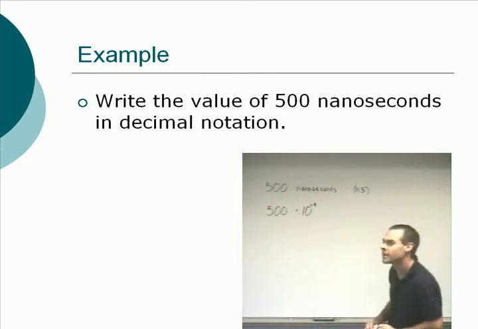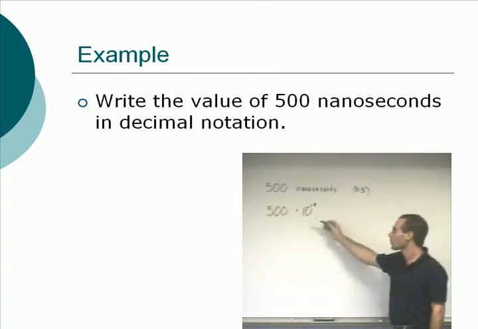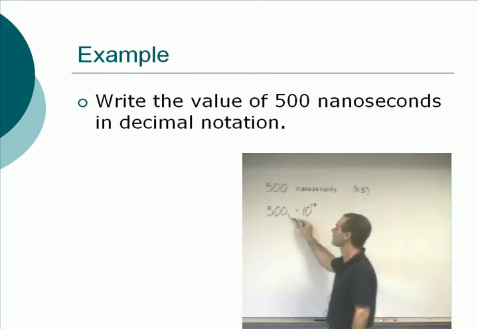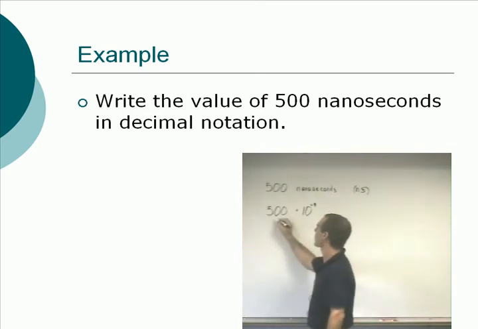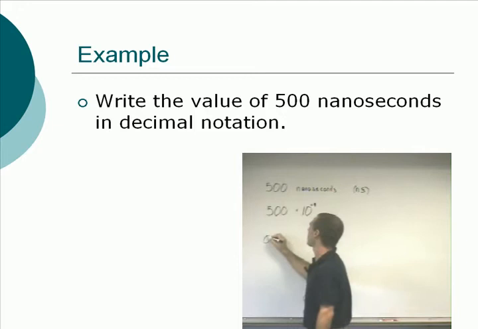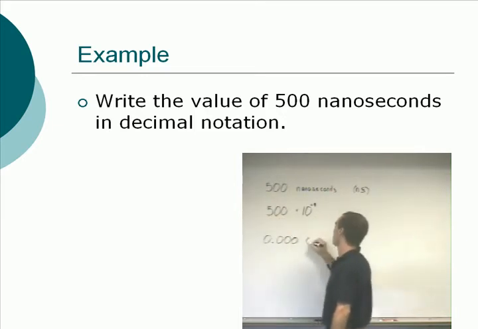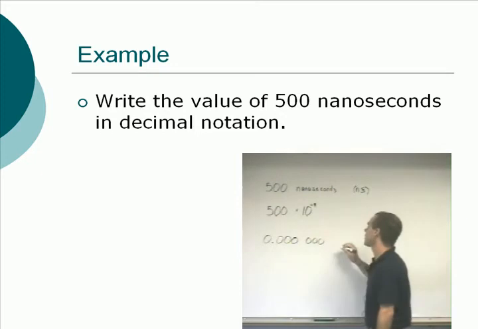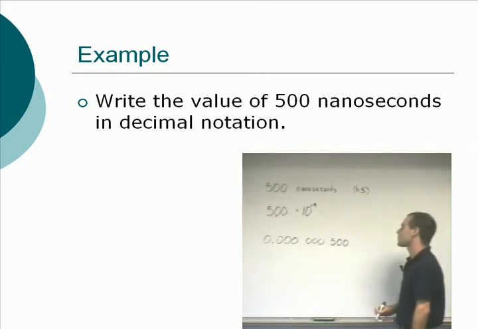500 times 10 to the negative 9. We want this in decimal notation. So now once we've got this, we can just move the decimal point. We're going to have it right here and move it to the left, make it a small number, 9 places. And so we move that 9 places to the left. We're going to have 6 zeros out in front. 1, 2, 3. Group them in 3s to make it easier to read. That's a 9 decimal point move to the left. 0.000000500